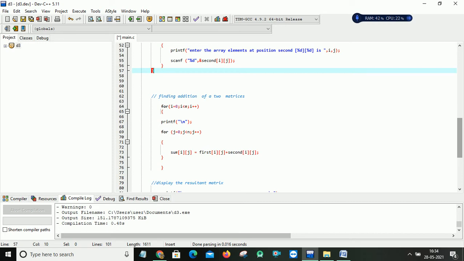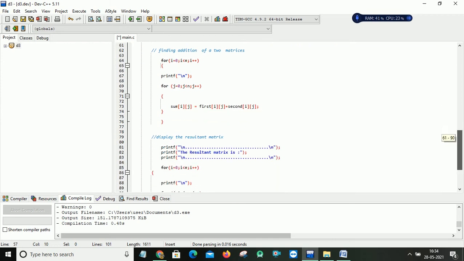Simply, the first element of the first matrix and the first element of the second matrix are added, and that is stored at the first element position of my resultant array. We can repeat the same logic for all the elements of my matrices first and second.